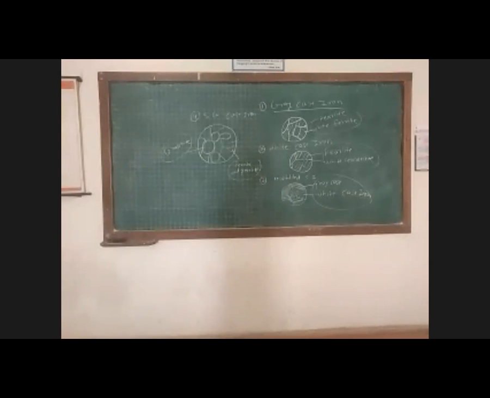Overall, you can remember three structures only here: ferrite, pearlite, and cementite. When pearlite and ferrite are there, it is gray cast iron. When pearlite and cementite are there, it is white cast iron. If you mix gray cast iron and white cast iron together, it becomes malleable cast iron. And if the graphite is in circular form, you will see SG cast iron. So these are the four types of cast irons. Okay, so we have seen the samples of these.